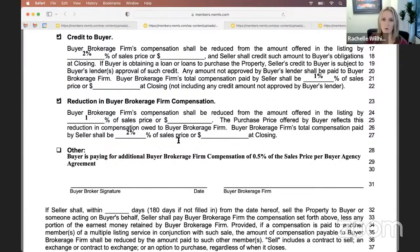Okay. So that's a total of 3%, but we're giving, it's just a way that we're reducing our compensation on our side of things, correct? Yeah, we're giving a benefit to the seller. So in that scenario, we're basically saying, instead of taking a 3%, thank you so much, seller, but I'm trying to make this offer as appealing to you as possible. So in that scenario, I'm willing to reduce and give up part of my commission to make this deal happen,